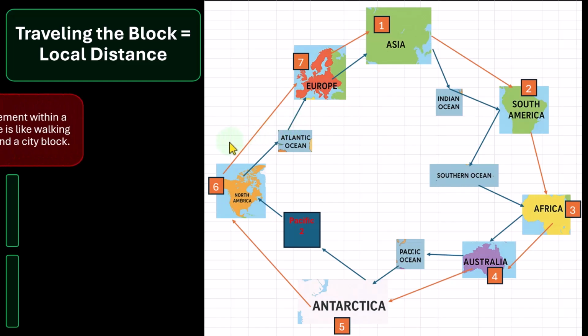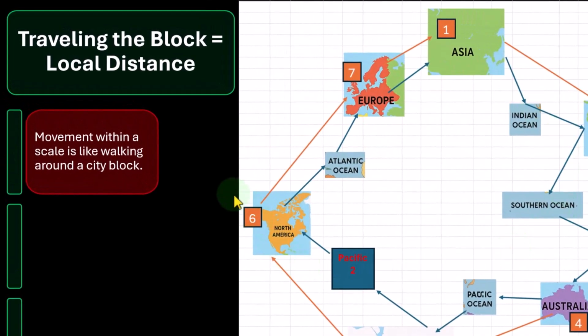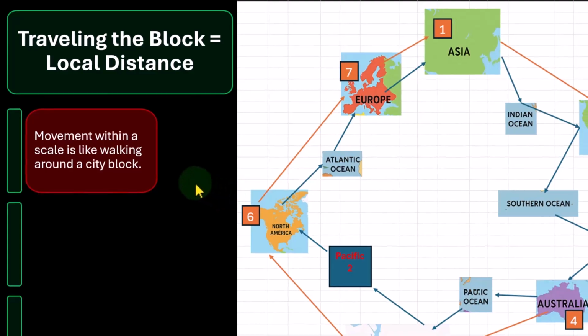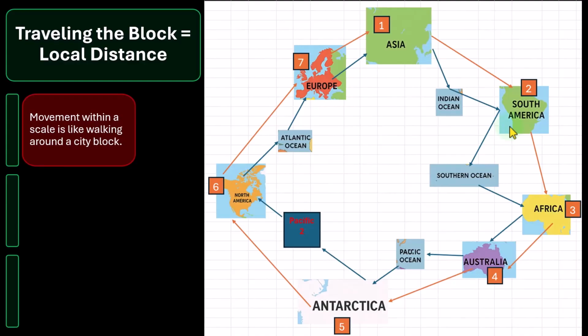So traveling around the block. Once again, we could see this as a block format from a pitch perspective. Movement within a scale is like walking around the city block. So if I have the 7 collection of notes, if I go from note number 2 and I then go